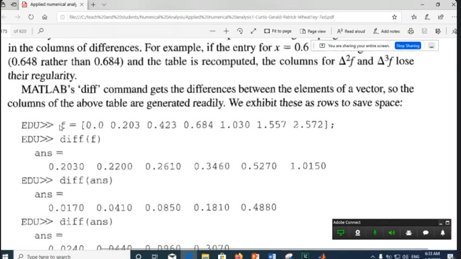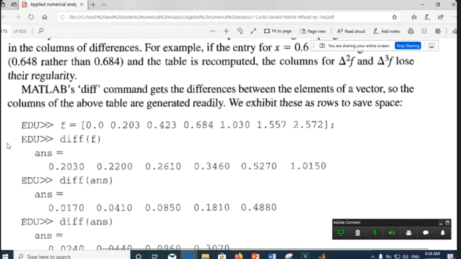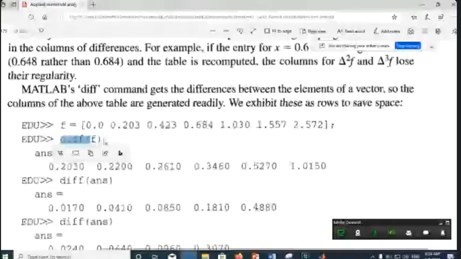For example, we have this row vector here, and we compute the differences, or binary differences, of f by this command, diff f. The answer is